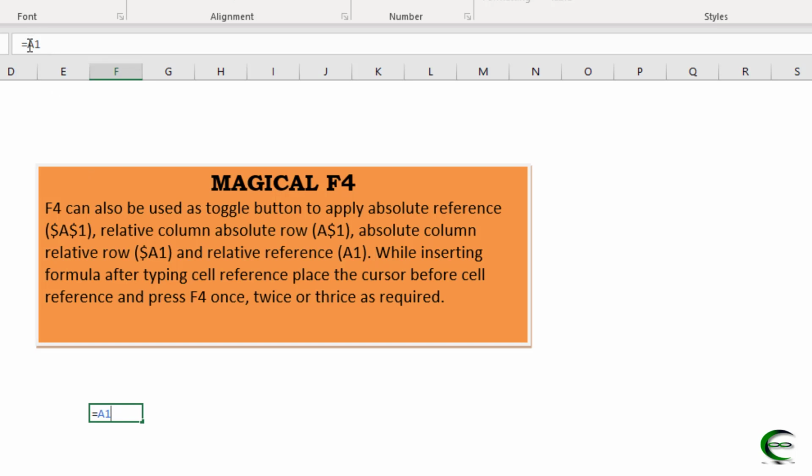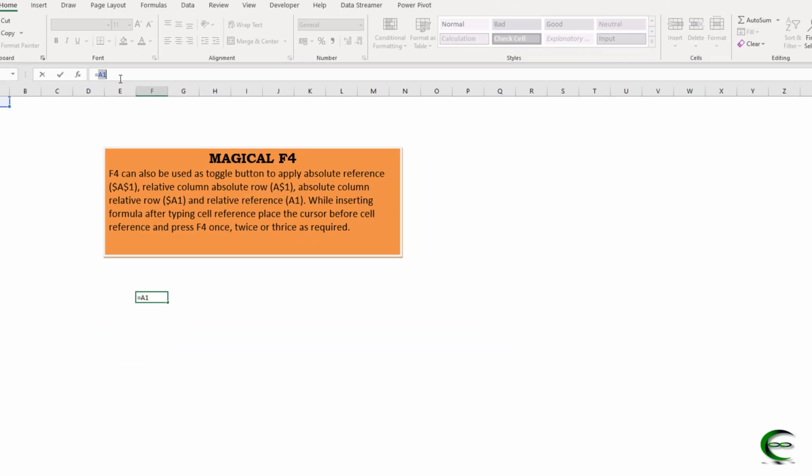If we place our cursor here and press F4, Excel will change it into absolute, then relative column, absolute row, then I press F4 again, it is mixed reference, absolute column, relative row, and finally again relative. So you can use F4 as a toggle button to change the cell reference like this.